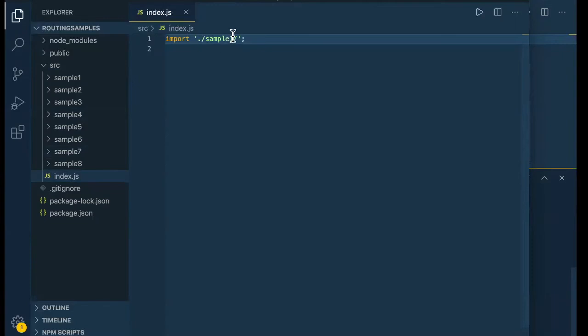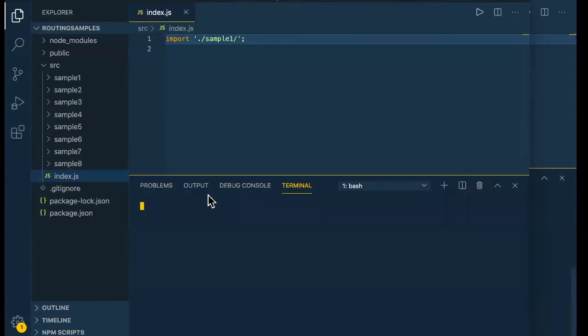Okay, so it's currently referring to sample one, which is the one that I wanted. This is just the way I decided to structure this code. So as before, you run npm install on this, and then you run npm start. So I've already done the install part. And if I now do npm start,